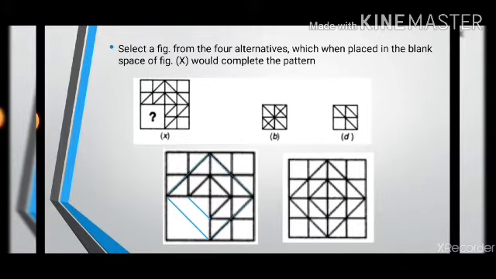Also in figure B, as you can see, there's another diagonal starting from the other side of the box, that is from the top right corner. Earlier I had already mentioned we don't want the diagonal starting from the top right corner. Therefore another reason to eliminate option B would be the diagonal that is from the other side of the box.